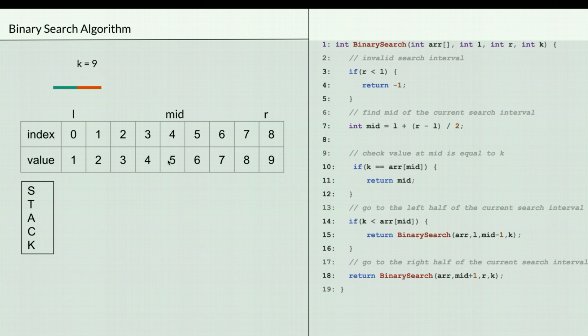Is 9 less than 5? No. So in this case, we can go to the right side. Since 9 is not less than array of mid, it is definitely not going to be less than all the elements present before array of mid. So we can blindly ignore them, and we can move on to the right half of the current search interval.